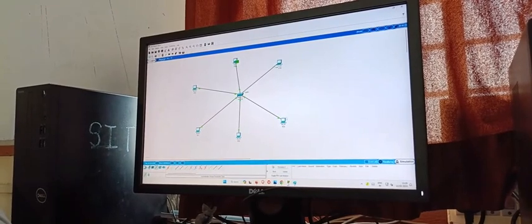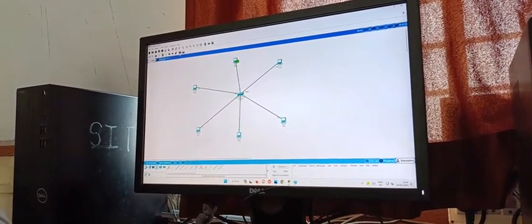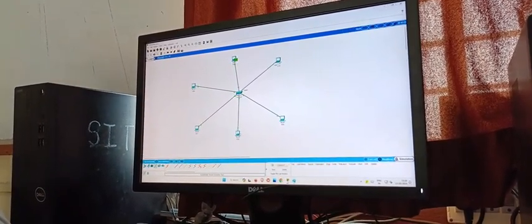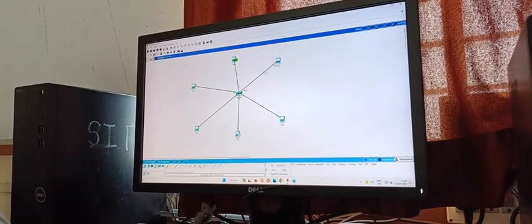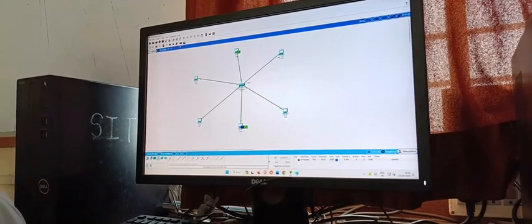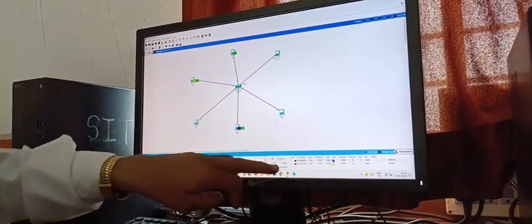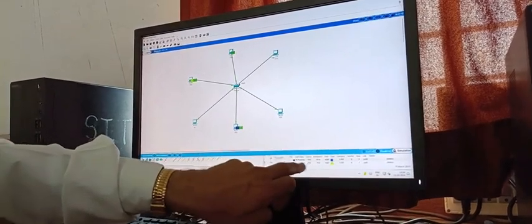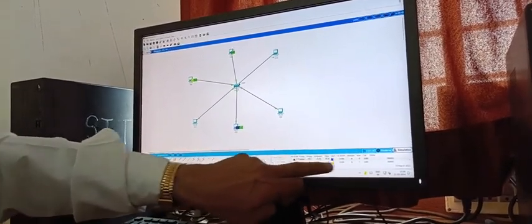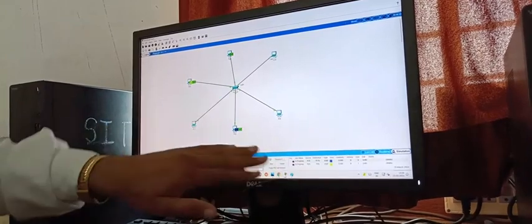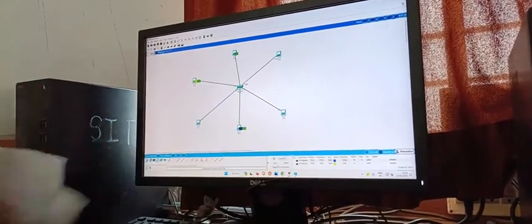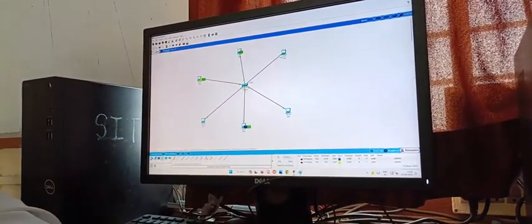Now to test this particular system, I will consider one packet, and this packet I want to send from this PC to this PC. Like that I have selected one, and another packet I am considering from this PC to this PC. Whenever I look at the other window, it shows that the communication is in progress or successful, right?